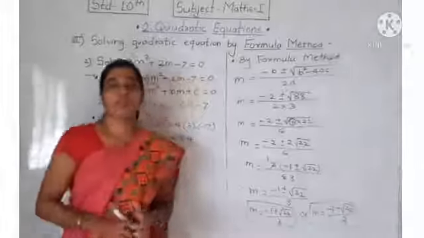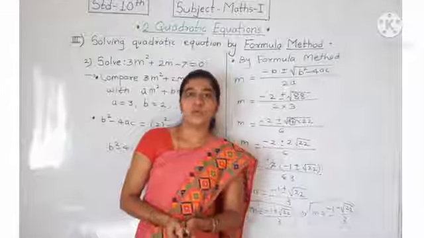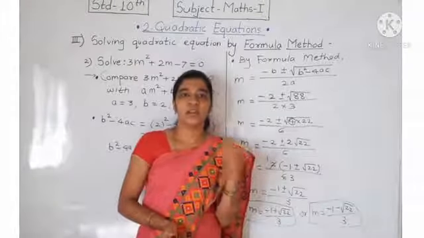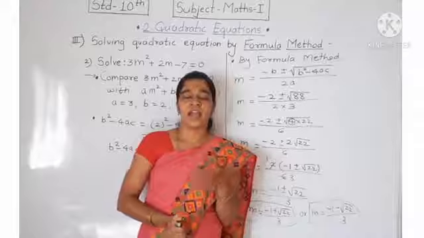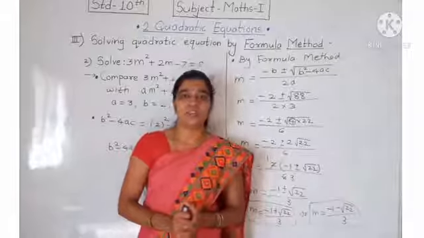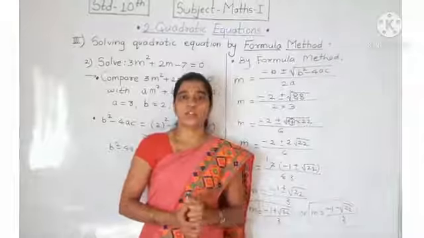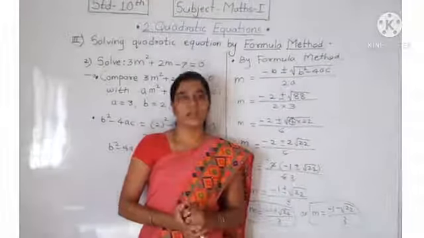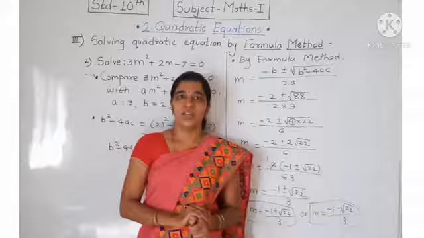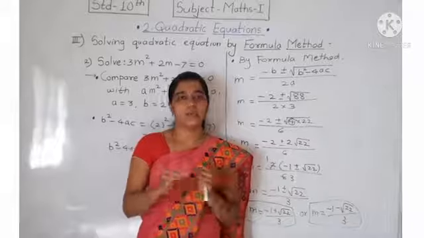Okay. So students, in this video we have seen two more methods of solving quadratic equations. The first method, which we had already learned, is the factorization method, and today we have seen two more methods: the complete square method and the formula method. In the complete square method, you remember only one thing, that the coefficient of x square must be 1. If not 1, then make the coefficient of x square 1 by dividing by that coefficient. Then you simplify. LHS becomes a complete square. Taking the square root, you can simplify.